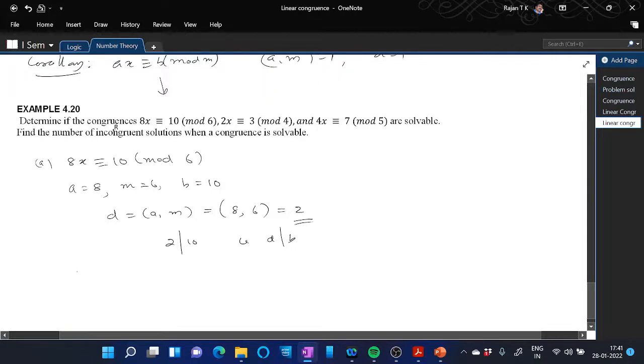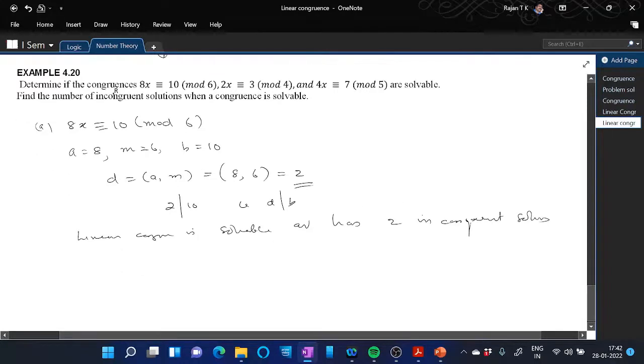So the linear congruence is solvable and has 2 incongruent solutions. Now the second example is